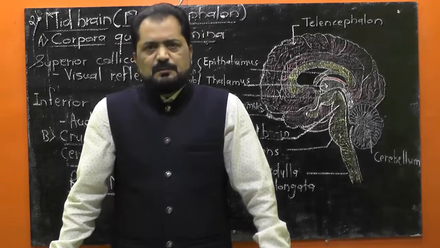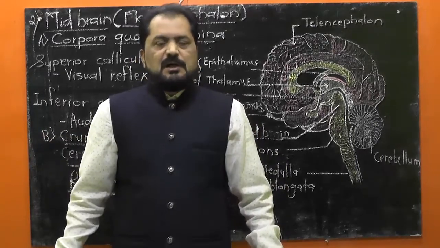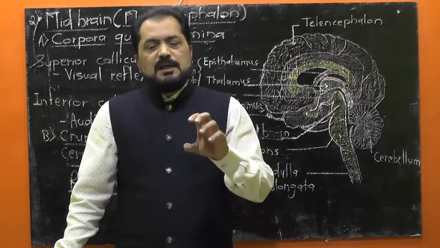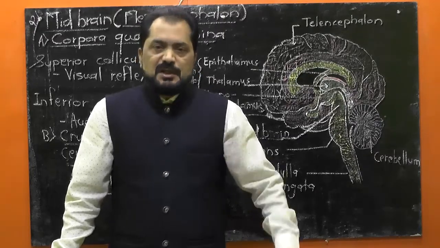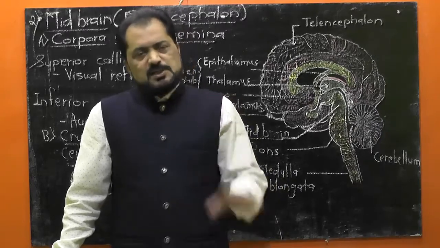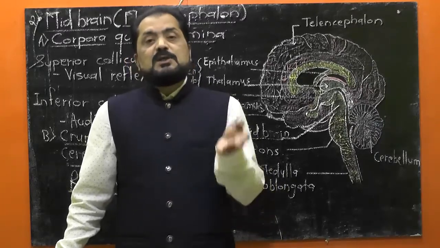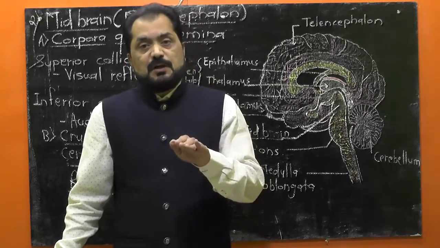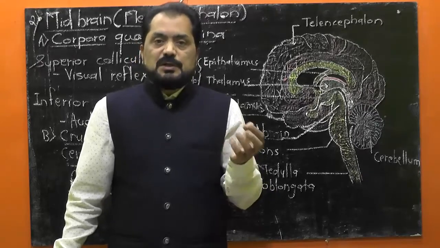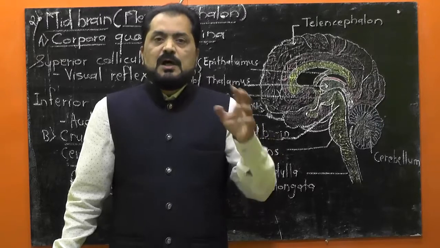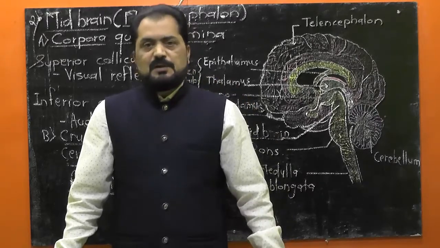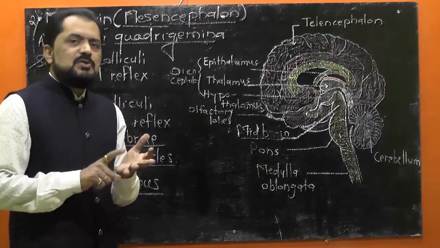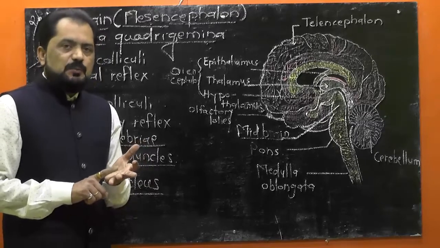याचा अर्थ सर्वसाधारणपणे रेस्टिंग कंडिशन मध्ये असताना, आरामदायी स्थितीमध्ये असताना सुद्धा कायमस्वरूपी अंशतः काही स्नायू हे आकुंचन पावलेल्या स्थितीत असतात, याला म्हटलं जातं मसल टोन. And this muscle tone is necessary to maintain the posture. म्हणजे कोणत्याही विशिष्ट स्थितीमध्ये शरीराची ठेवण राखण्यासाठी काही स्नायू निरंतर आणि अंशतः आकुंचन पावलेल्या स्थितीत असतात, याला म्हटलं जातं मसल टोन. And this red nucleus is mainly responsible to maintain the posture as well as to maintain the